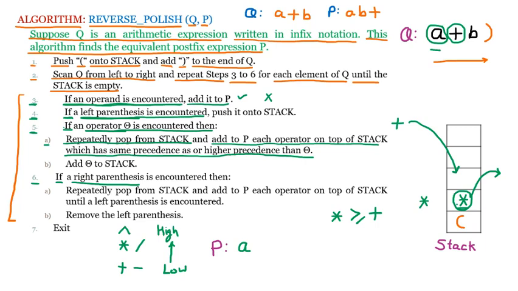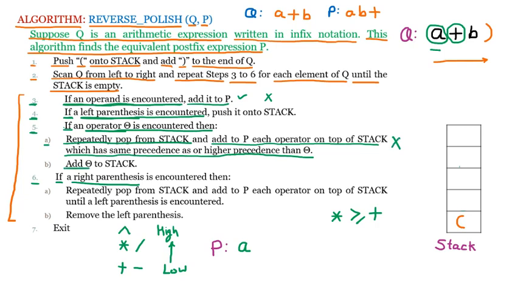So understand one thing, whenever we are going to put any operator onto the stack, we have to check whether previously some operators are present and their precedence is more than or equal to the incoming operator, then they will first come out. But here we are not taking that, so I am removing this. We have only plus, so line A has no meaning for us. This is for multiple operators if they are on the stack.